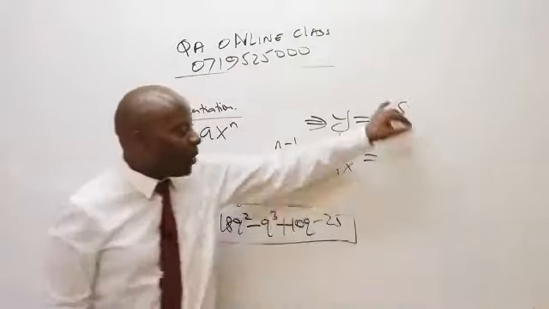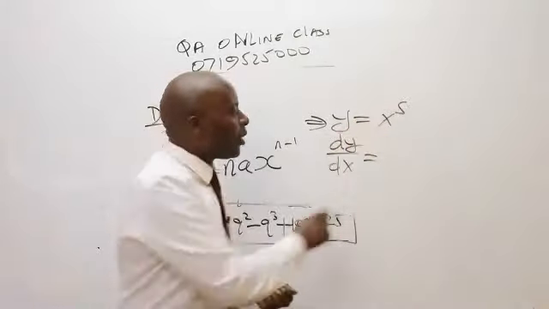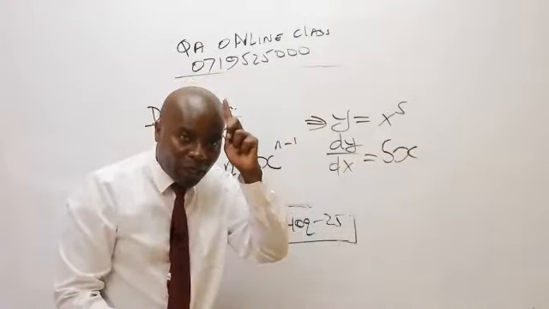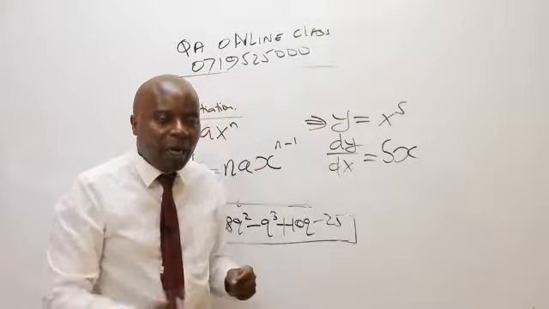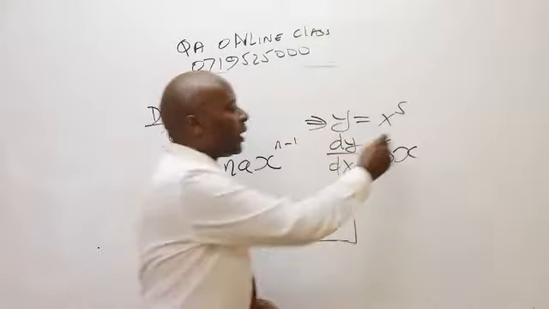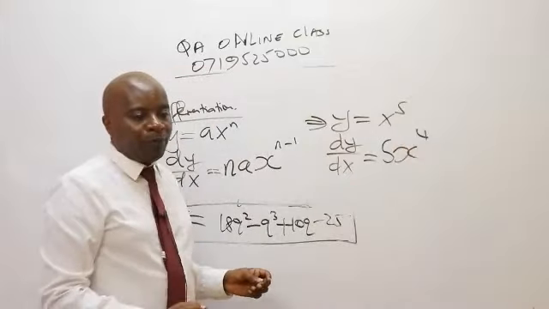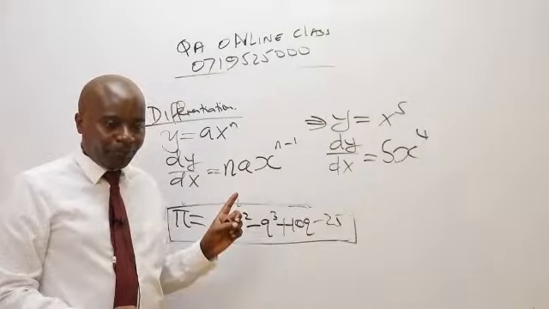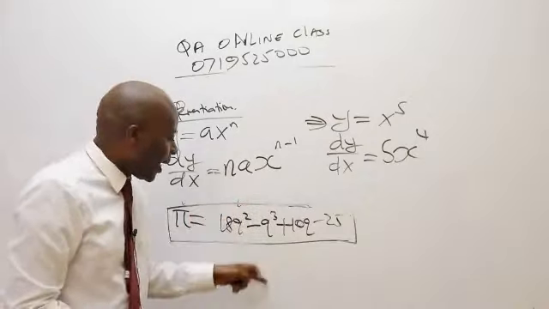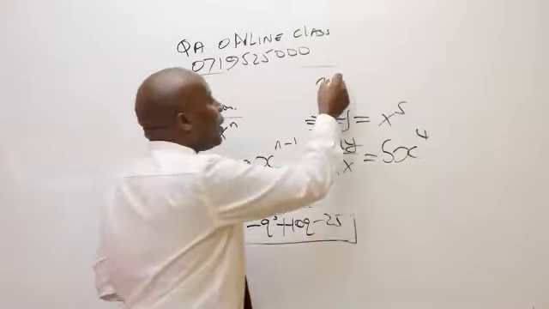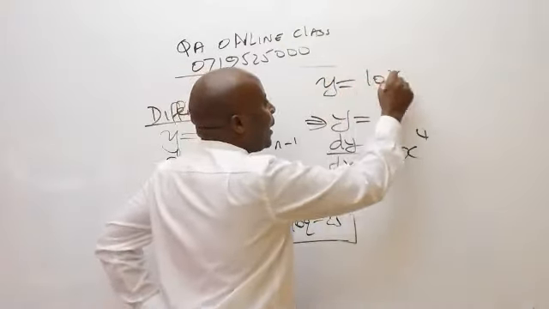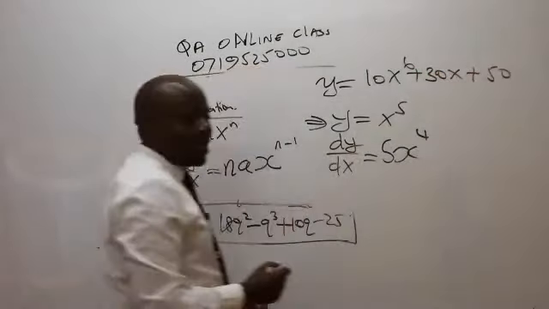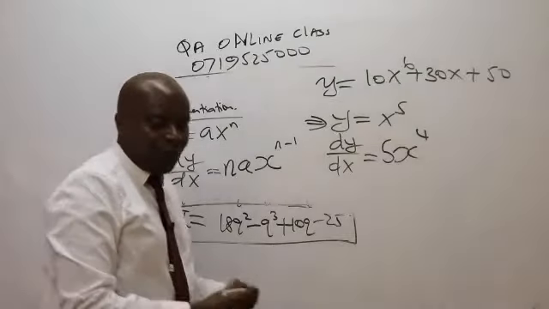Two things. The power comes down, of course there is a 1 there, so it will be 5x raised to a new power. For differentiation, we expect you to take the old power minus 1. So 5 minus 1 gives us 4. Ladies and gentlemen, before I come back to this, if, for example, you are to give me something like y equals 10x raised to power 6 plus 30x plus 50, and then you tell me to differentiate this,